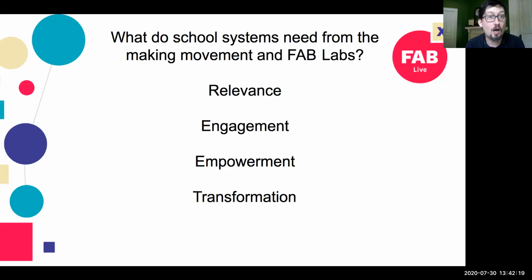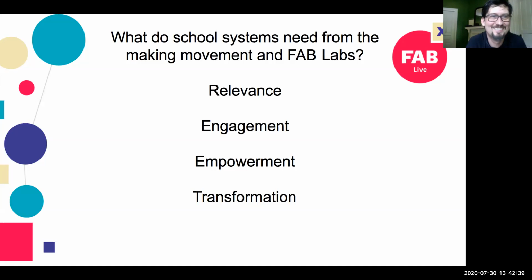Lastly, the prom. Every school, I see you waving at me. Every school has a prom, and they have to outsource all the things they need to make that happen. Plays, all these different extracurricular activities. Digital fabrication could be a game changer for those schools. They can bring it all in-house.